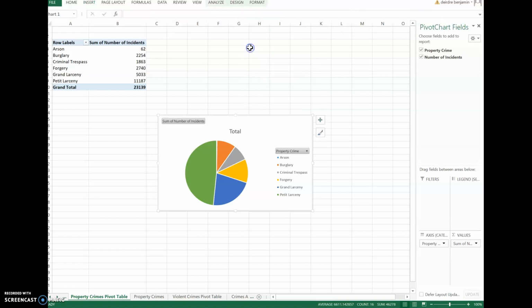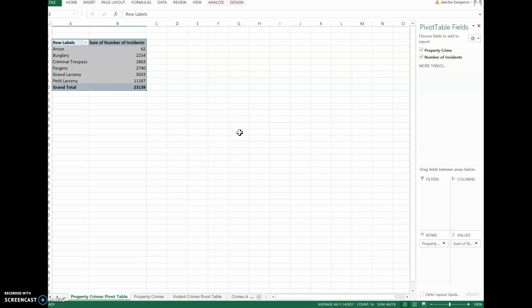Okay, so you just do 2D, and you can see a pie chart showed up for me. And then it says the sum, the number of incidents, the total, and of course I want to label this as property. Oops, oh my goodness, I just did that. So let me do insert